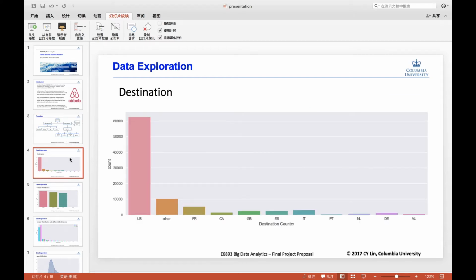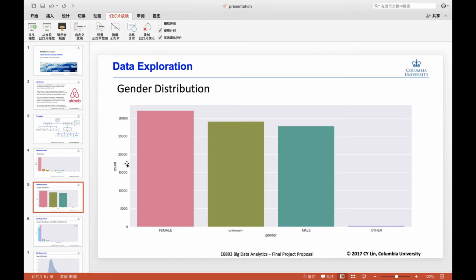The first step is data exploration. For destinations, we filter out users with undefined destination and use the countplot function to illustrate the destination against population. We can observe that from 2010 to 2014, as the data was collected, United States is the most popular destination, and that may be due to that time Airbnb was not so worldwide popular as now, and most users were maybe Americans, and their first choices may be traveling domestically.